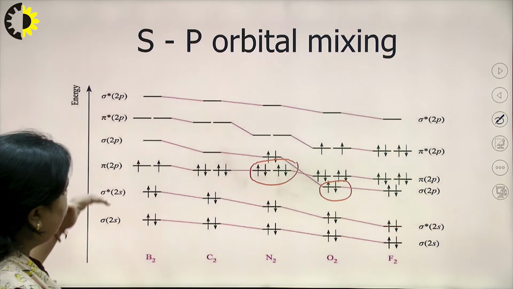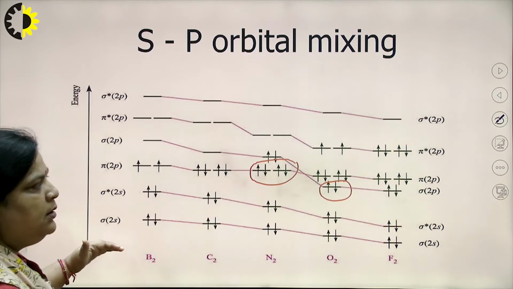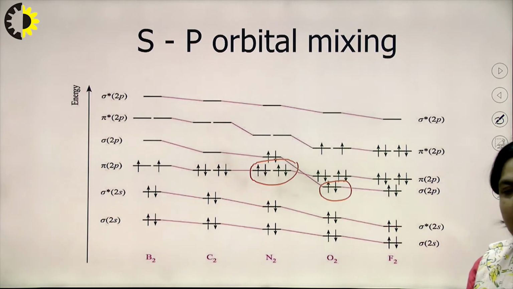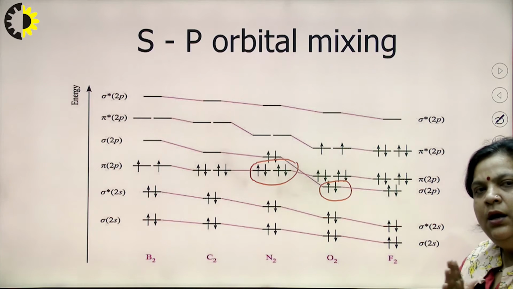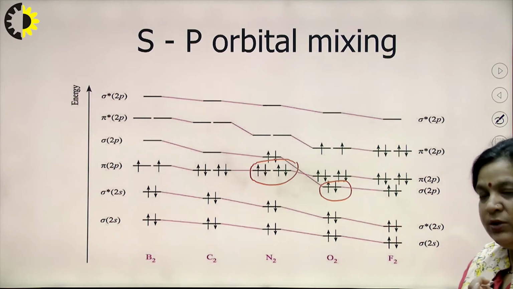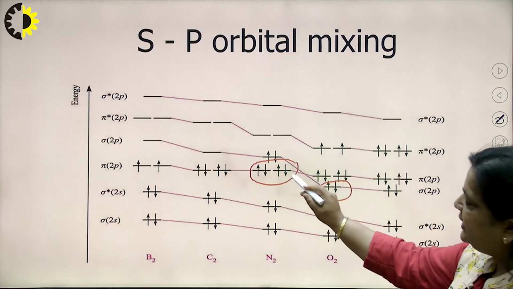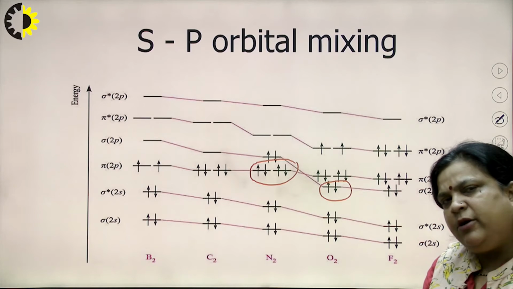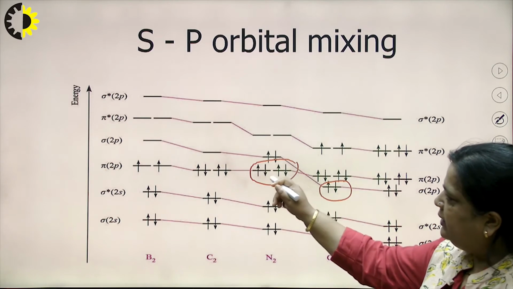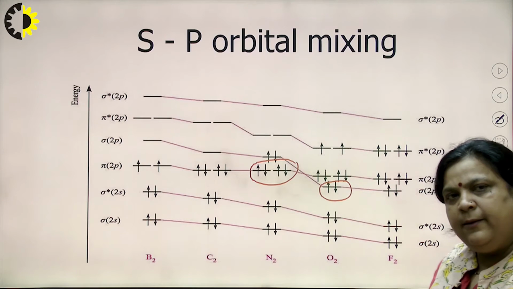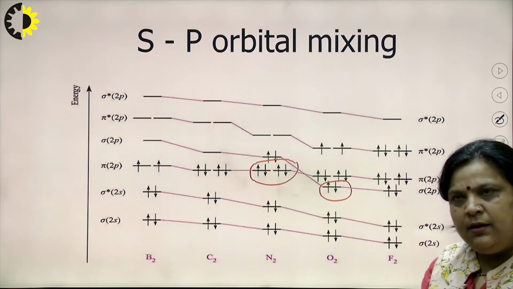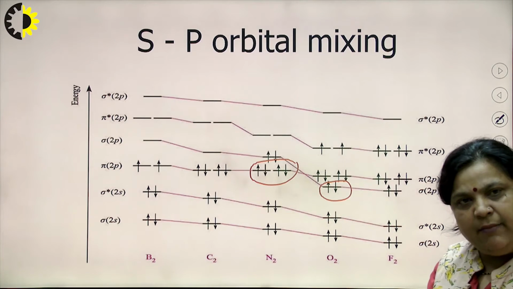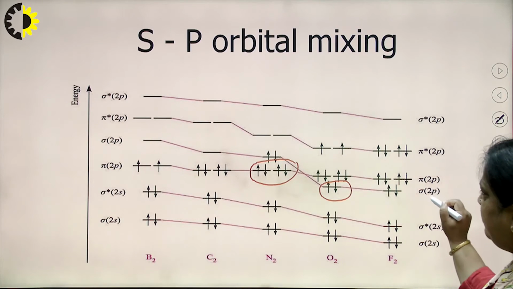This is the original order, and this is the order for atoms having atomic number more than 7. So, this is the basic difference. It is a simple way to remember: if the total number of electrons is less than or equal to 14, then first pi and then sigma, that is there is a mixing, and if the number of electrons is greater than 14, the order remains the same, and the original order is first sigma and then pi.